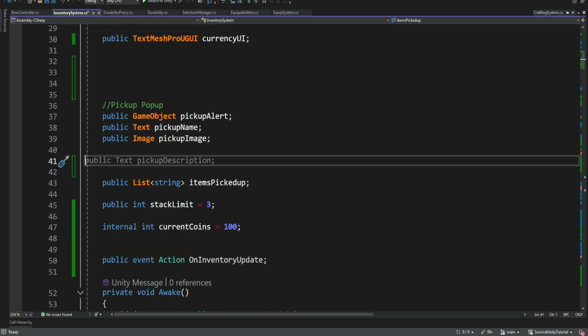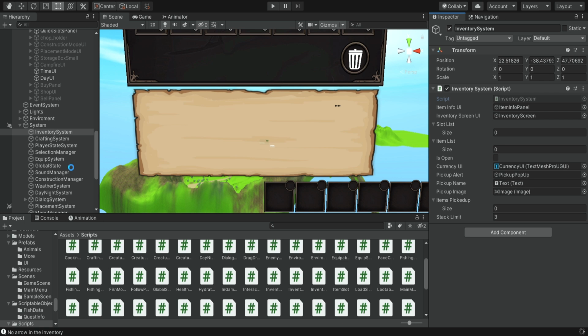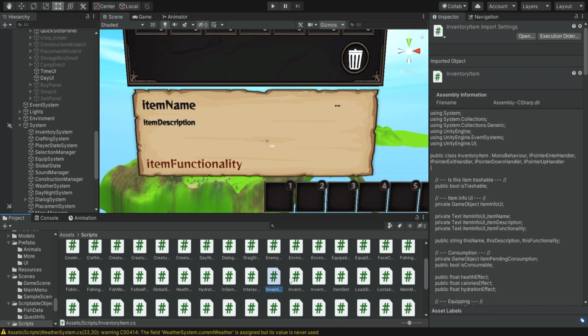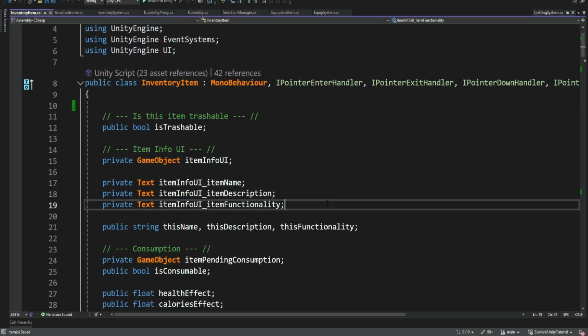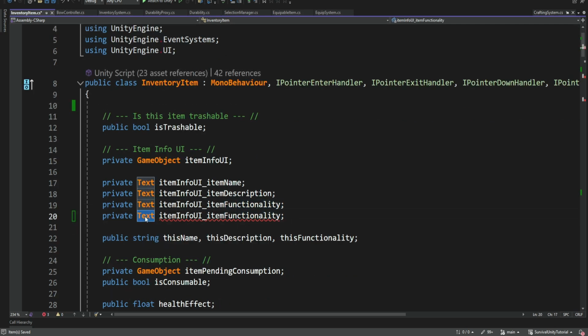Actually, it's not in the inventory system. Oh, it's the inventory item, right? Because we don't have a reference here. We have it inside the inventory item. So let's find our inventory item. And here we have references. So we're going to have private text